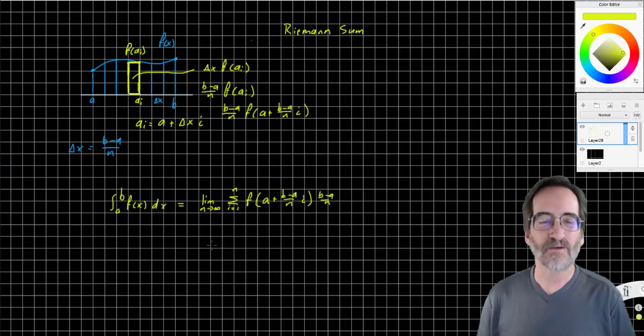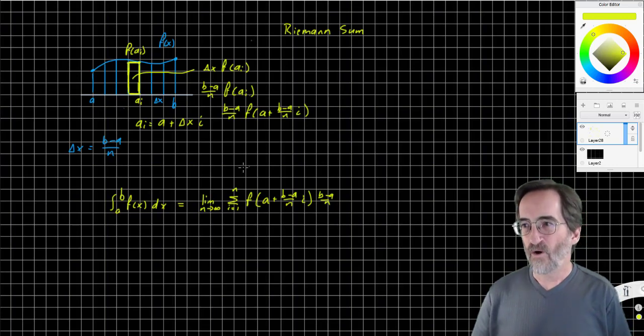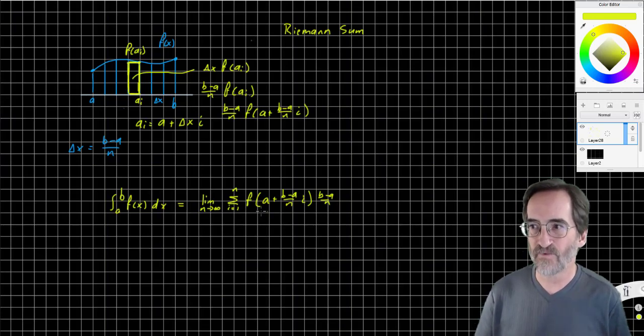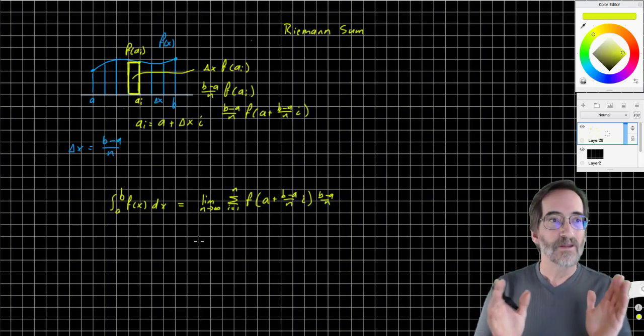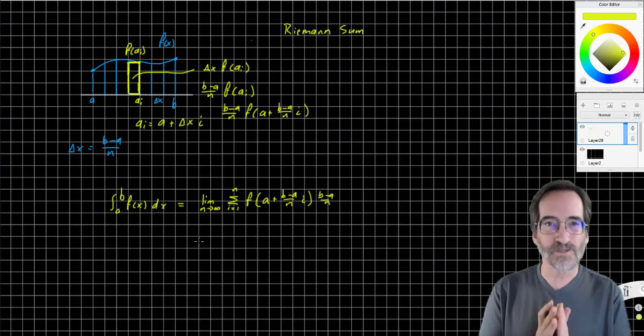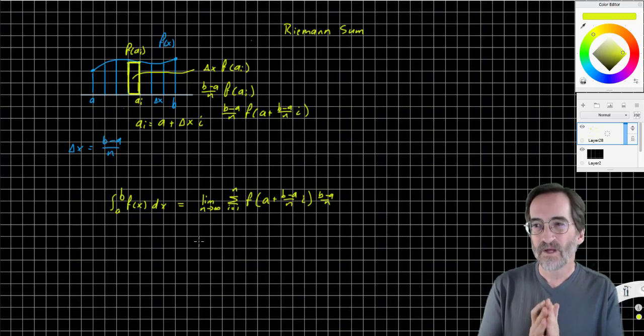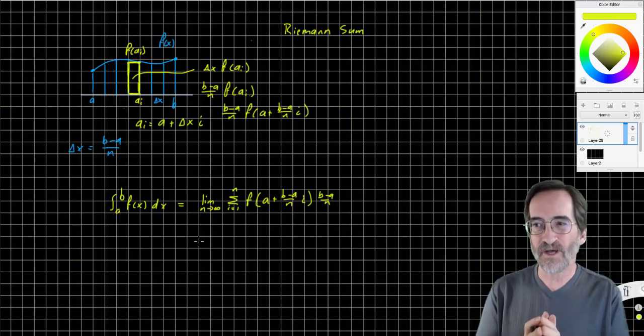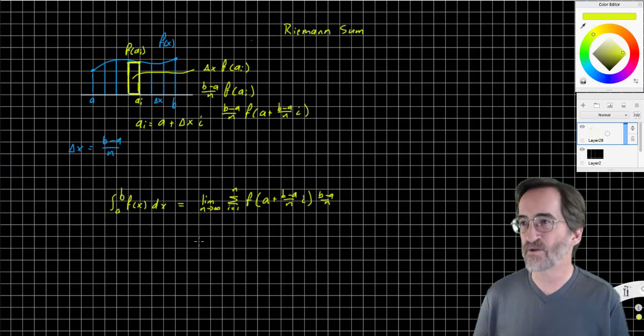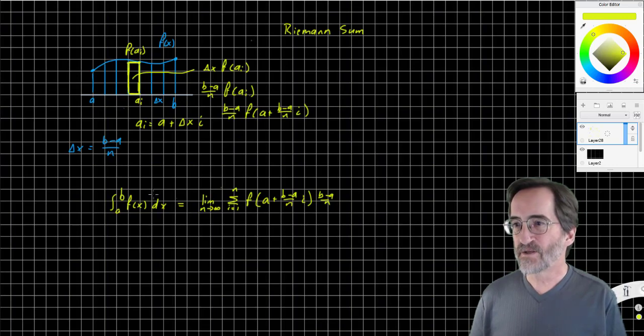It identifies all the variables that we need to know. All the variables over here are over here, except for n, which is a number that's going off to infinity, and i, which is an index that counts from 1 to n. All right? Now, that's enough, but let's use it. All right? Let's use it. So using the definition of a definite integral, can you find the definite integral of a function? Okay? Let's copy this here,